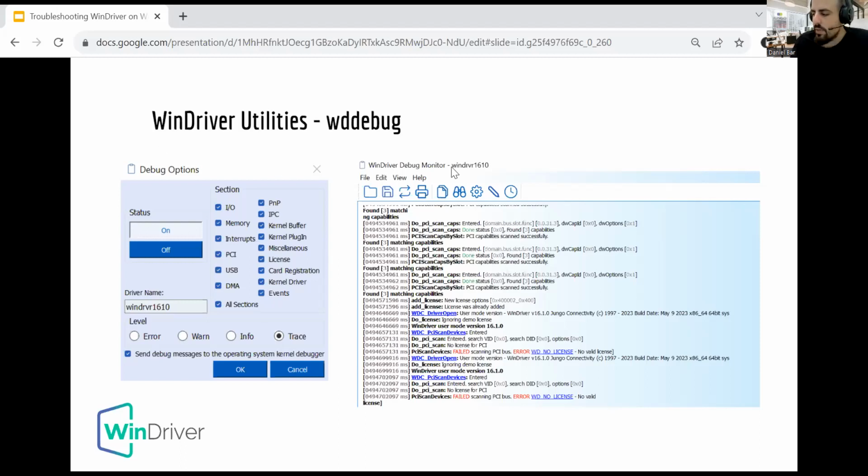What we can see here is the log of WD Debug when running WinDriver. So you can see the sequence, what it does, the functions it uses. The successful operations are marked in green, and the bad ones are marked in red,